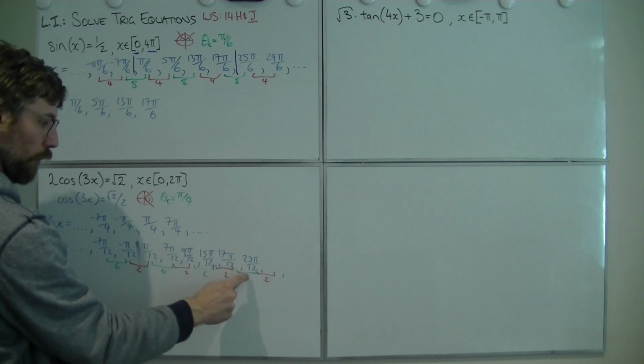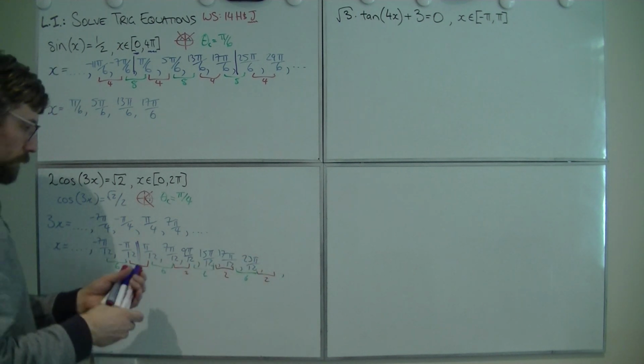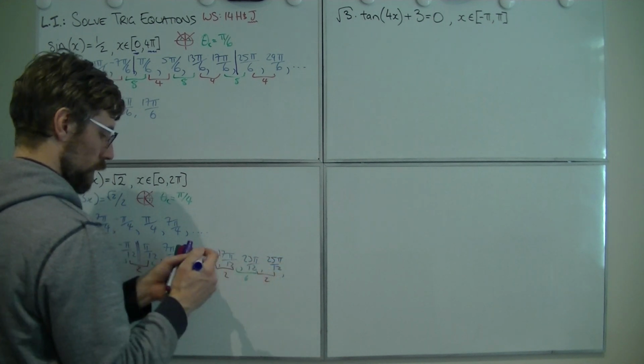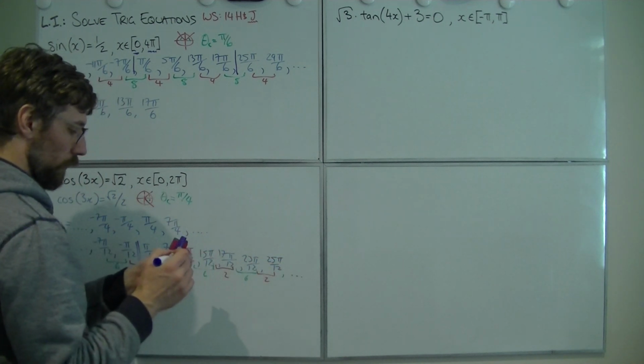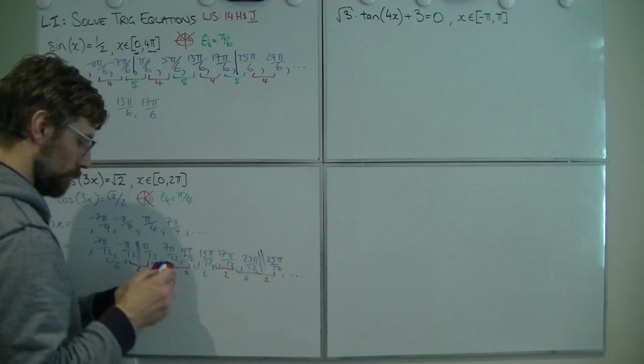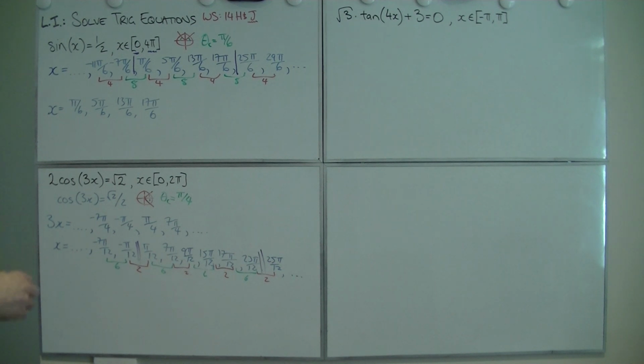23 pi on 12, so I'm close. I've got to go one more to be sure. Add 2 is 25 pi on 12. Well, hang on, 25 pi on 12 is bigger than 2 pi, so we stop. Okay, great. Well, that means that my solution